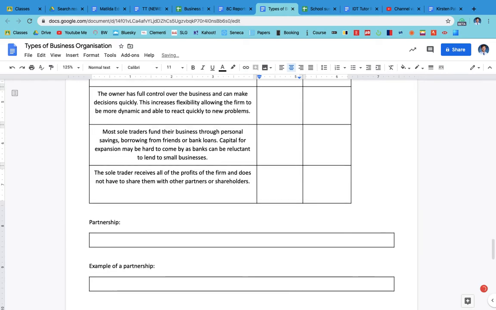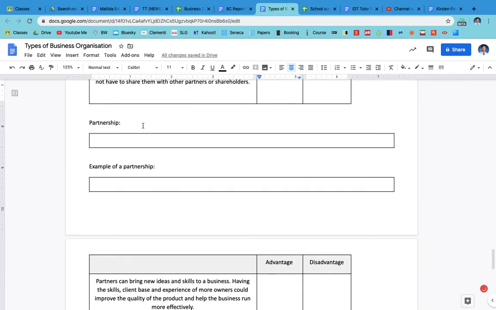Let's talk about a very similar business structure, which would be partnerships. Okay, so these are exactly the same. So they've got unlimited liability, no setup costs or setup administration, but now we're talking two or more people that run a business. So if you set up a business with your mate and there's two of you that put in funds, it doesn't have to be equal actually, some people could put in 80% of the start finance,